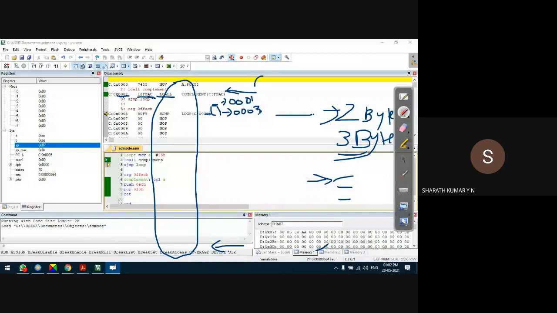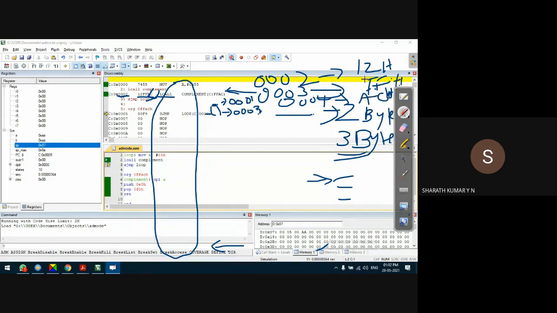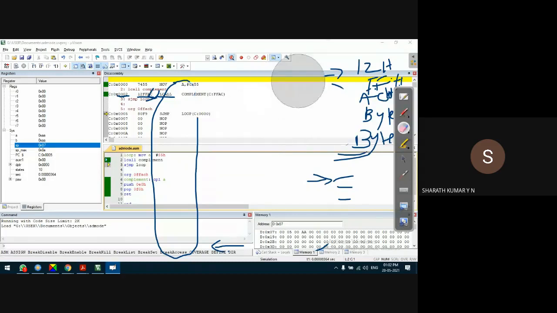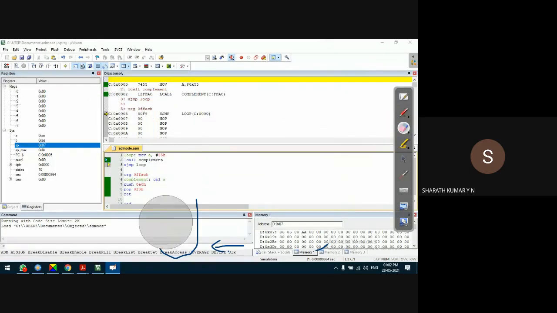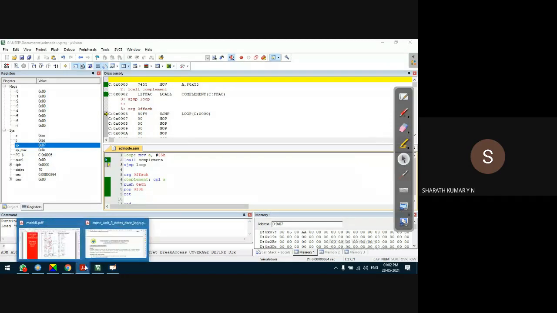It will show only the location 0002, which is 12H. At the location 0003, the content is FFH, and at the location 0004, the content is ACH. That's why they are not shown location-wise. It is quite straightforward and quite clear.